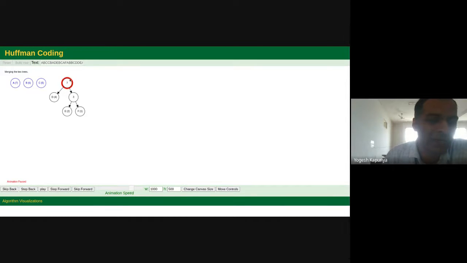Now remember here, you need to make sure that whatever you are extracting, let's say for example in this particular animation example, they are putting the lowest on the right side. So here if you observe, F was having frequency 1, E was having frequency 2. The 1 was put on the right side and the E was put on the left side. Here also there were two cases, 3 and 4. So 3 was put on the right side.